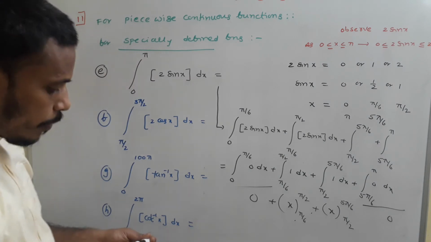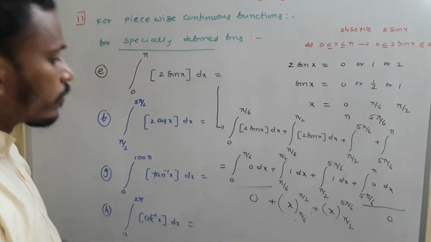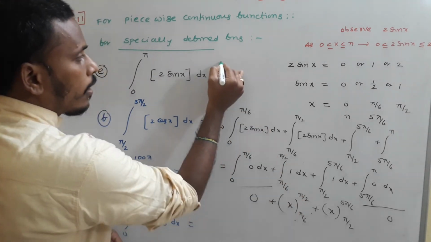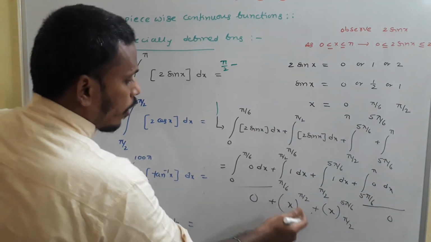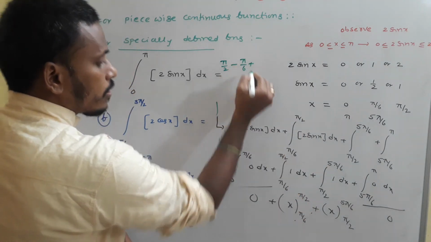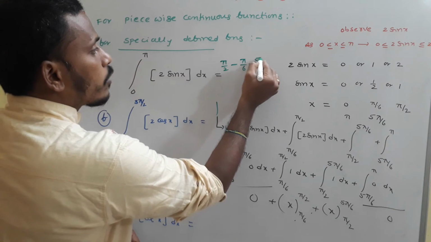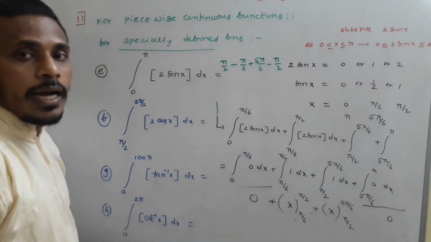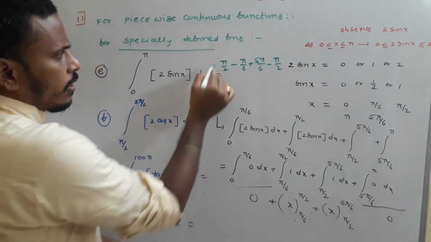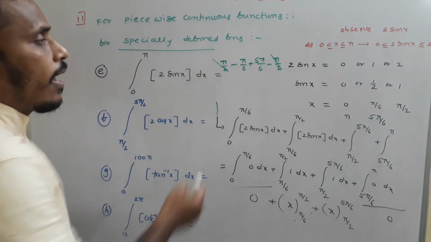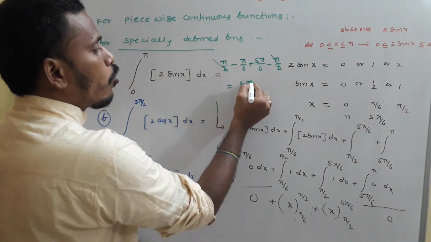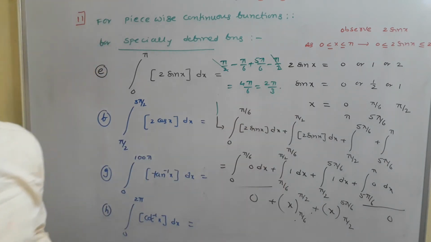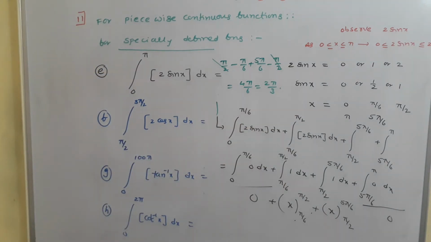Okay, so because of the space concern I am going to write here. So this is equals to, if you substitute upper limit, pi by 2 minus lower limit, which is pi by 6, plus, here again upper limit, that is 5 pi by 6 minus, again lower limit, pi by 2. And simply cancel out this pi by 2 and minus pi by 2. And then 5 pi minus pi is 4 pi by 6, and on simplification you are left with 2 pi by 3. Okay, have a look at the end. Our answer is 2 pi by 3.